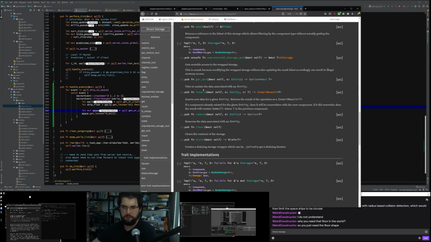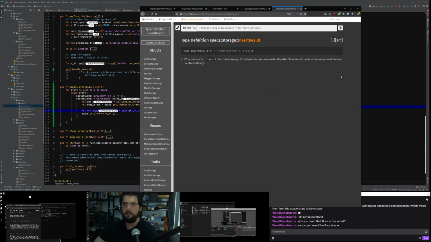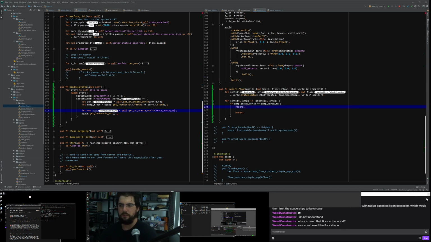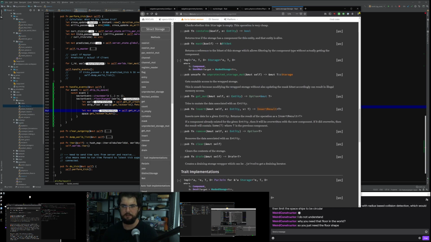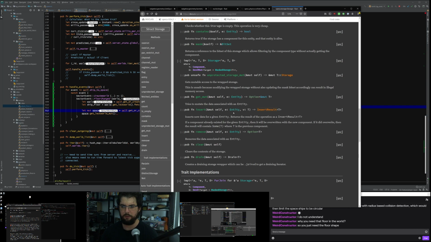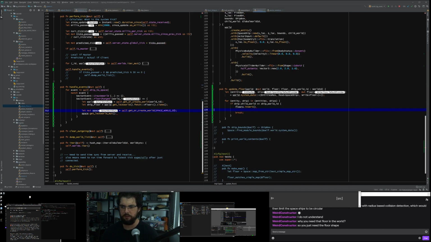Yeah, it is insert. An insert result will return the old floor that it used to have, but I don't really care about that. So the insert routine takes the entity that we have, and it adds the floor for that entity. So by using the entity and the floor we're trying to write, which is in a variable called floor on the outside here, we've just written that floor into the relevant ship.